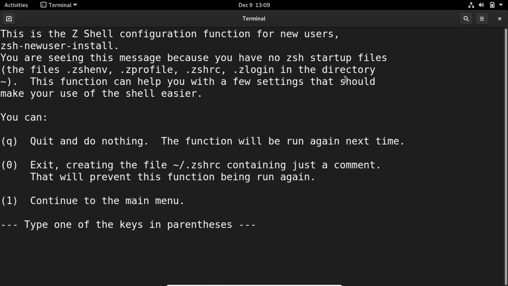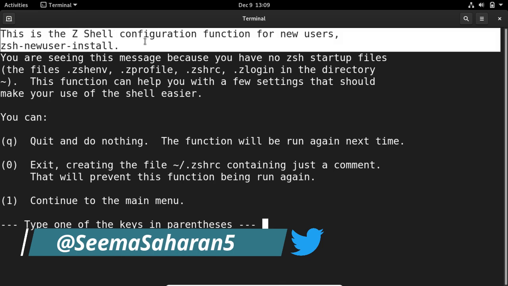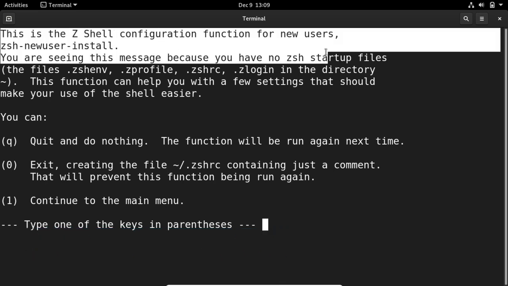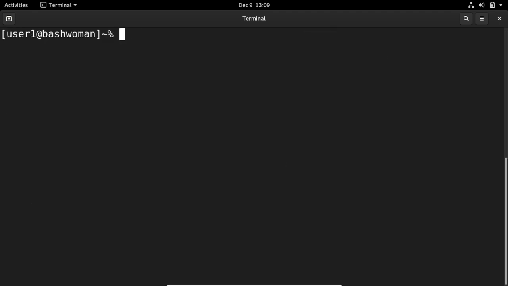If you log out and then log into the terminal again, you will see the Z shell configuration function for new users, and you just need to press 0 for that, and your terminal is changed. If you notice, it was a dollar symbol before and it's now a percent sign, so the shell is now configured. After this the installation part of ZSH is completed, and we are going to install a framework called Oh My ZSH.